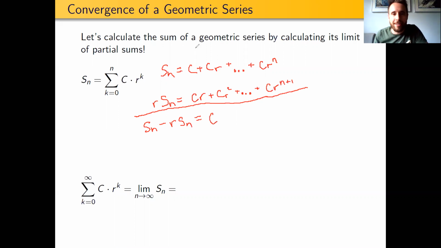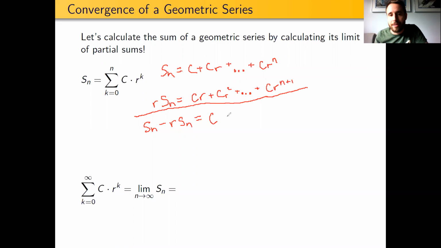So we'll end up with a C, that's definitely there. But now notice I will get a plus C times r, and then a little later I'll get a minus C times r. So those will actually cancel. I'll get a plus C times r squared, and a little while later I'll get a minus C times r squared. So those will cancel. Actually, every positive term up here will cancel with a negative term down here. These will cancel, positive, negative, until we're left with this final term, this largest term, which did not actually get